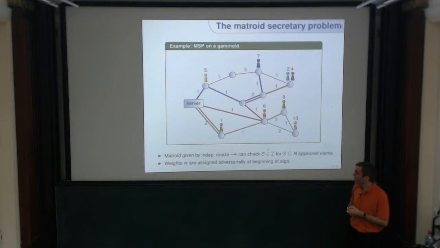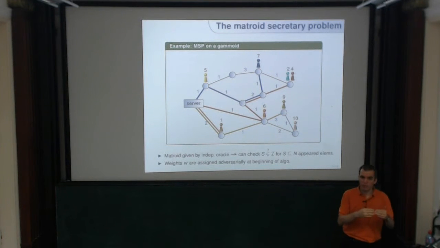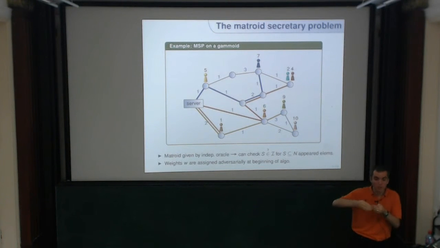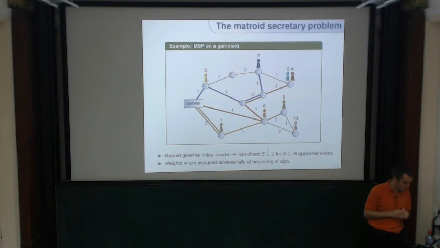However, the weights are assigned adversarially. I never assumed anything about the weights, but they're assigned up front. Sometimes people distinguish between an online adversary and an offline adversary. So this is an offline adversary in the sense that the adversary has to assign the weights up front. It cannot, depending on how you decide during the course of the algorithm, assign different weights to what comes next in the future. So that's not possible. Good. And again, I want to highlight the number of secretaries, the number of clients, is not known. Okay, that's the problem.